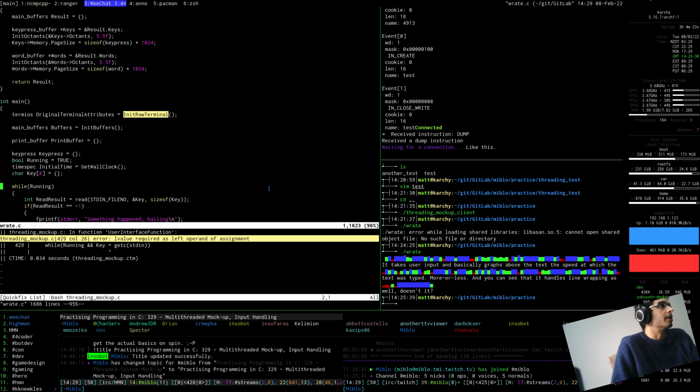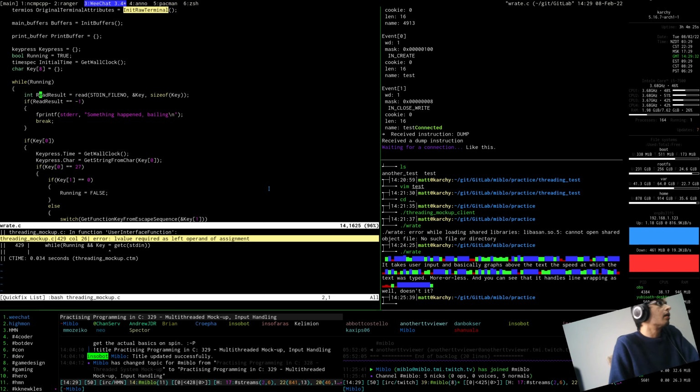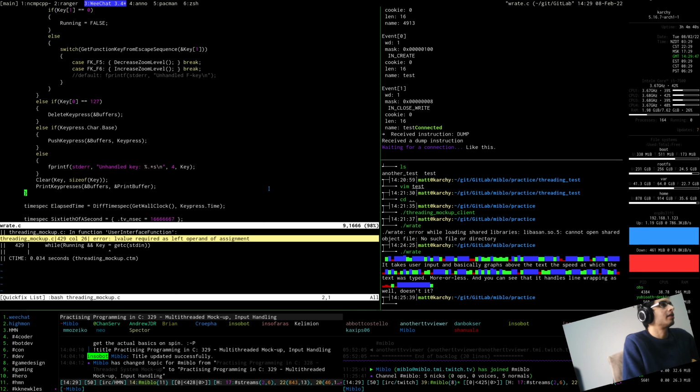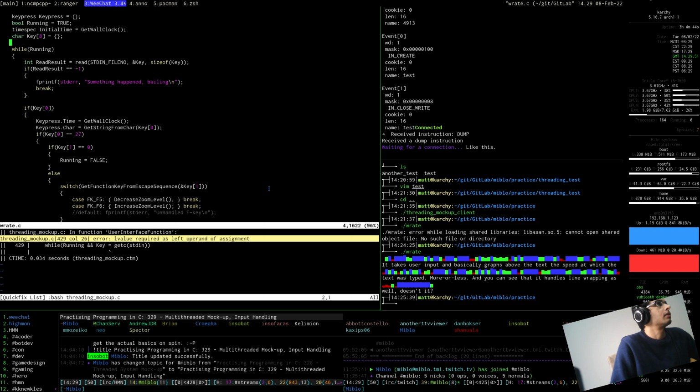How does this guy do it? While running, read result. Yeah, I was wondering about -1 actually. So if we've got key 0. I suppose we could just do it this way actually, couldn't we? So while we're running,